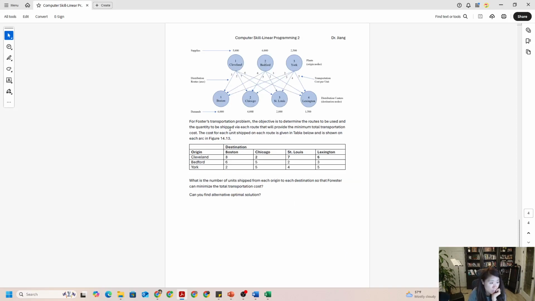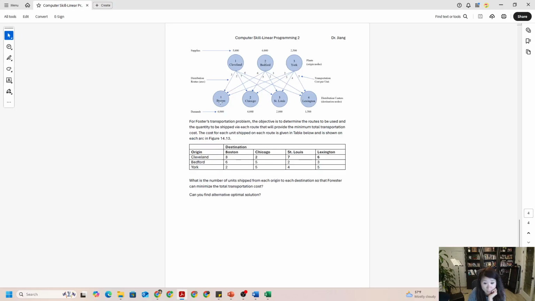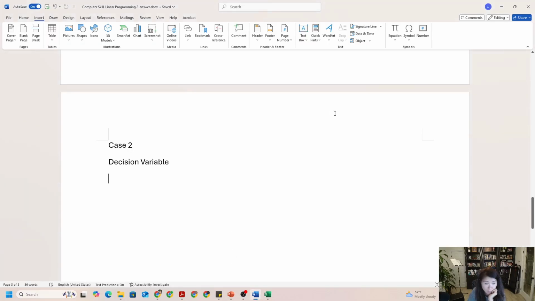Basically, we use the first subscript to represent the origin, and the second subscript to represent the destination. So we can use both ways. Let's see. The first one we can call CB, Cleveland to Boston. It's equal to